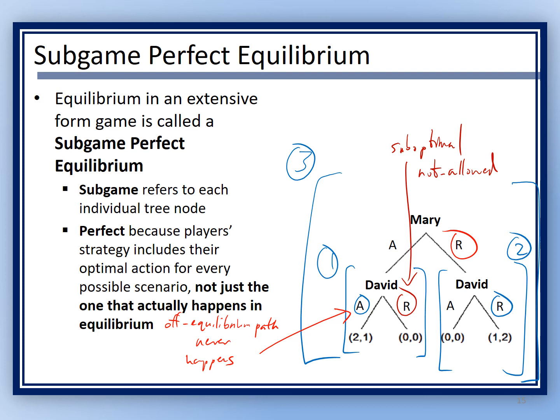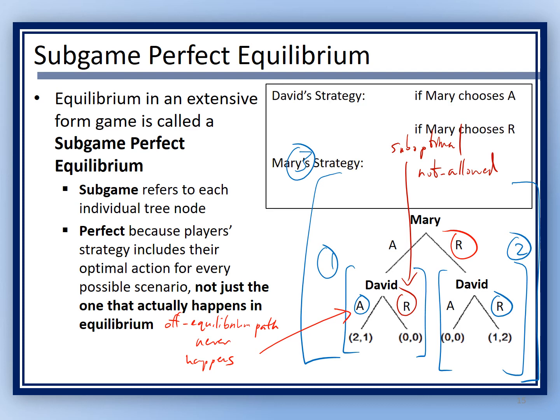And this makes subgame perfect equilibrium less realistic than we want, because people do make empty threats. So we're going to force people to make the optimal choice for everything. And if you do that, then